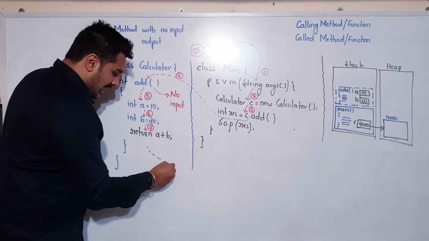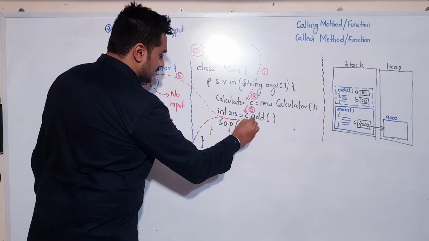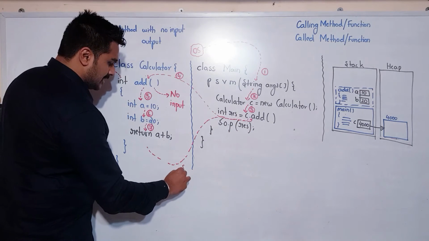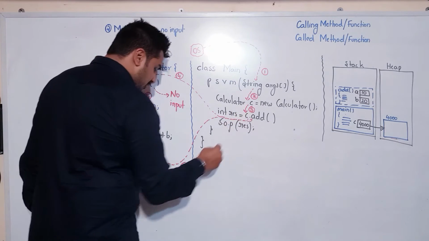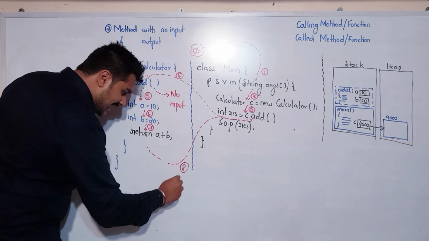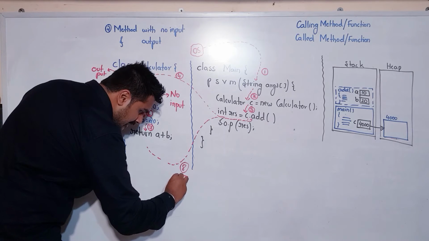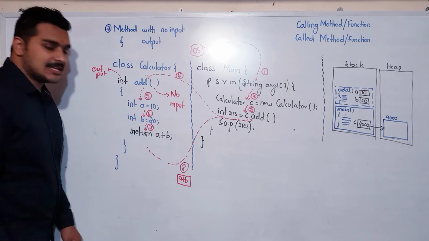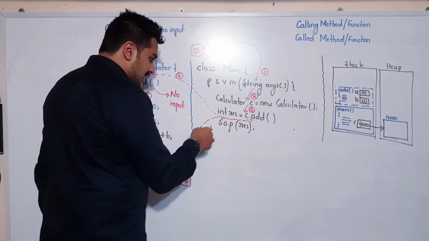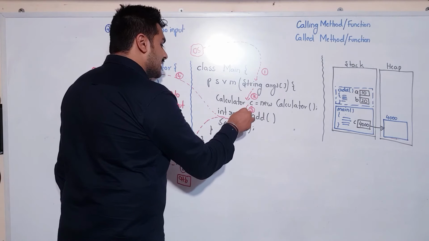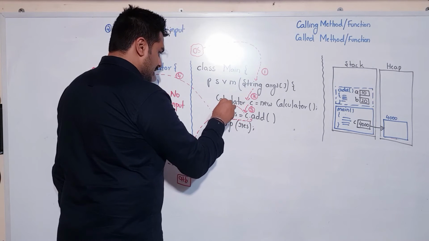So now, I will be coming back to the same line. This is my step number 8. Once I come back to the same line, don't you think this step number 8 is carrying the result of A plus B? Is it not carrying the result of A plus B? 100% yes. So the result of A plus B is coming here. Whatever the result was there, it is getting stored onto res in step number 9.